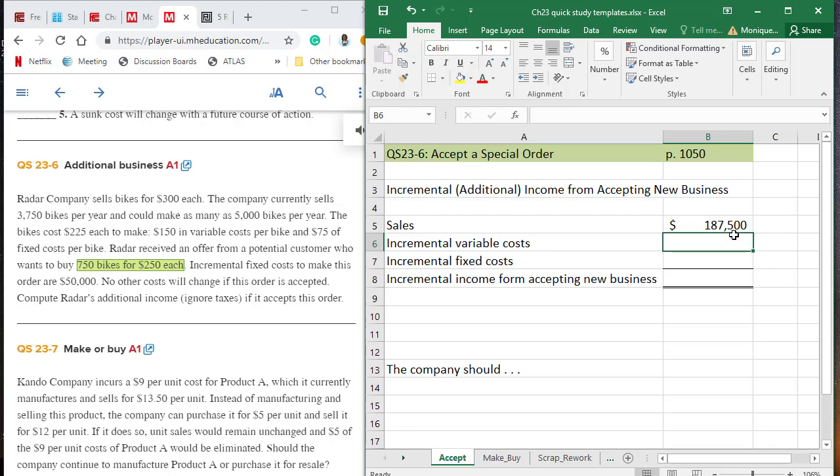and that'll give me $187,500. Then the incremental variable costs, it says up here $150. Now I'm going to start it with a negative because this is a cost, and I'm going to take 150 times the 750 bikes, and I get a grand total of negative $112,500. And then my fixed costs, they tell us outright that we're talking about $50,000, so there's no need to calculate that. They just gave us the amount, and then we're going to do a sum, and we're going to take the net of these three amounts,